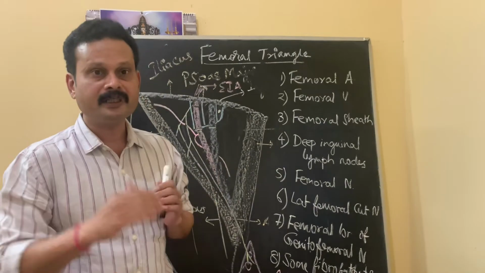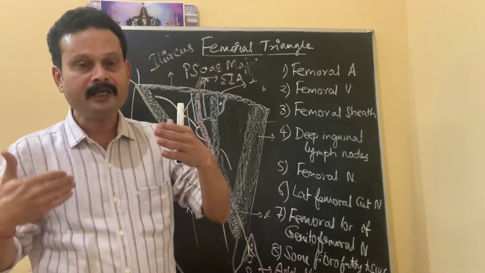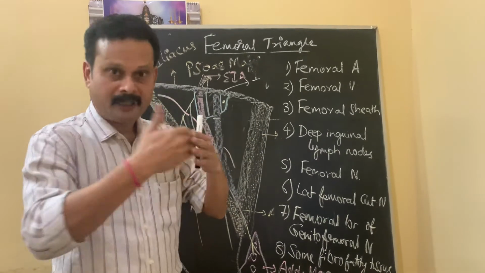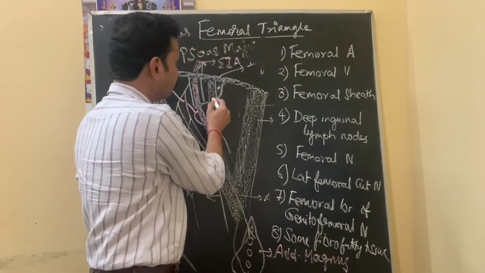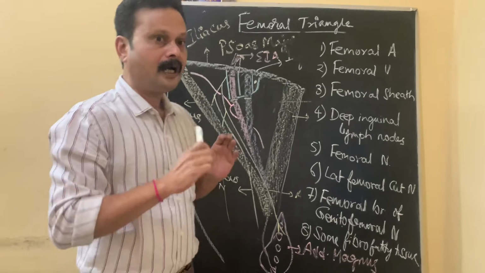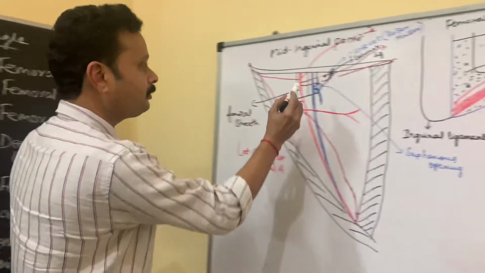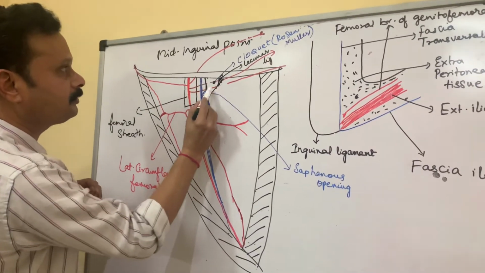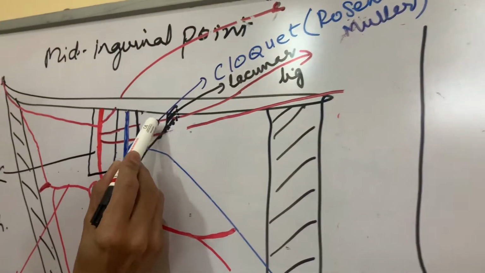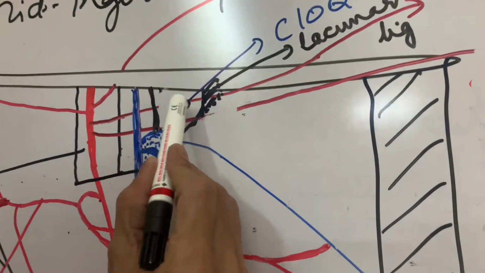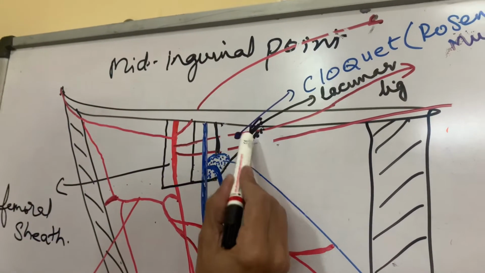That femoral ring is bounded in front by the inguinal ligament, behind by the pectineus, laterally it is related to the femoral vein, and medially it is related to a ligament called the lacunar ligament. So this is the femoral canal. Medially, whatever this black one I am showing here, that is the medial boundary of the femoral ring, which is the upper part of the femoral canal. This is called the lacunar ligament.